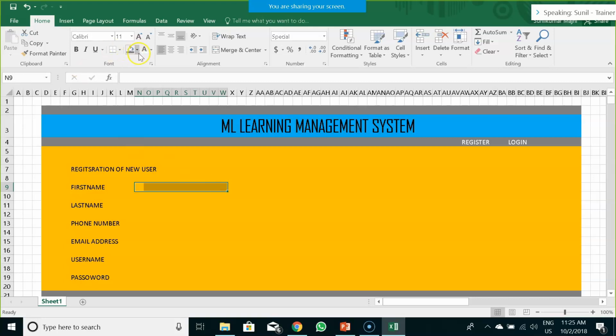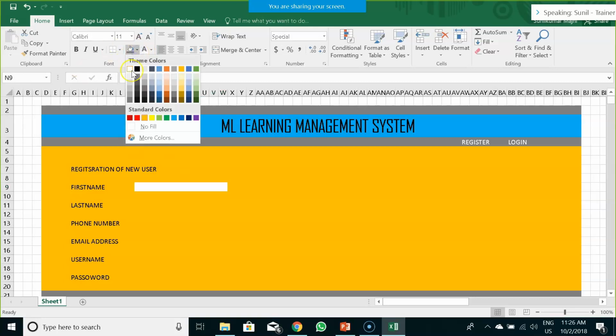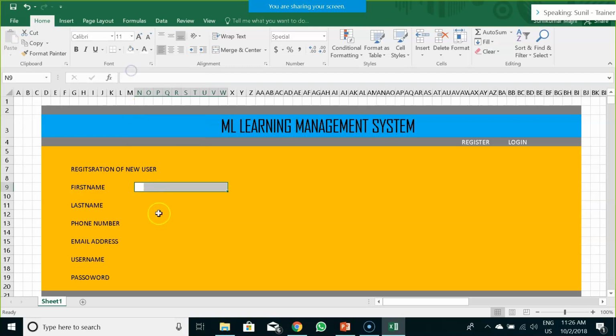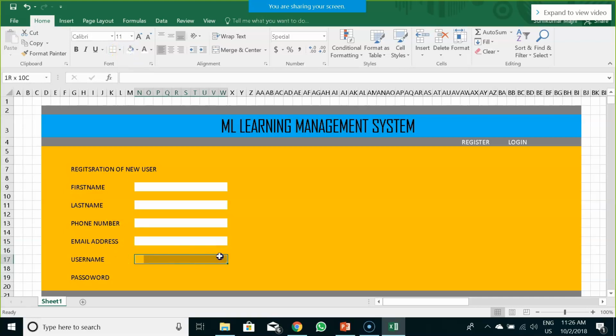After that, I would create a text box like structure by using this thing. So this is where they would essentially enter their information.